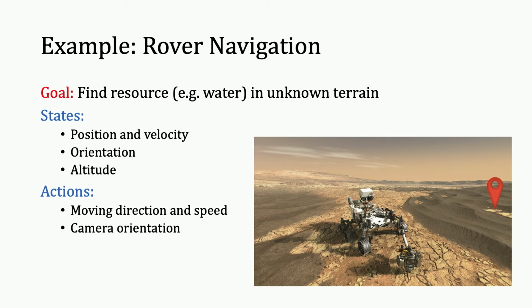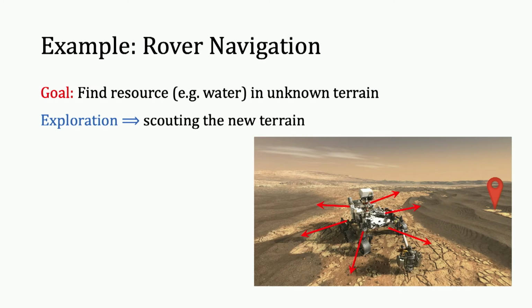and the camera orientation to take pictures of the terrain. Of course, actions influence the states, and the feedback that we get is, let's say, raw image pixels. So this is a type of problem that we would like to try to understand from a theoretical point of view. But how can we model this problem? How can we develop methods for this problem?